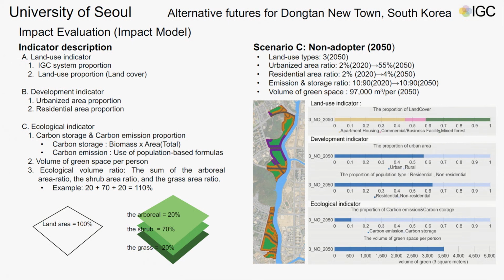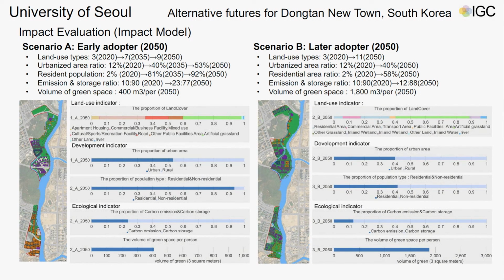So based on SDG indicators, we developed a more specific index for the impact model in addition to those tables provided by IGC. This is the part of fulfilling those researchers' ego. And so we did some kind of simulation model to assume the non-adapter model. And if you see this analysis,